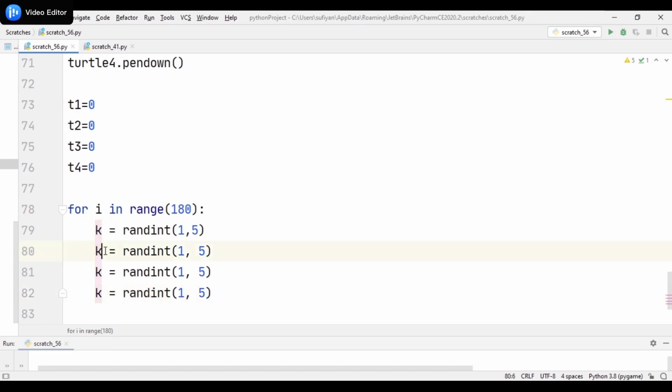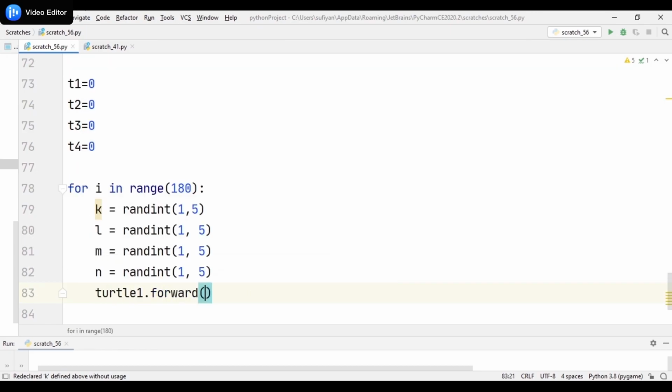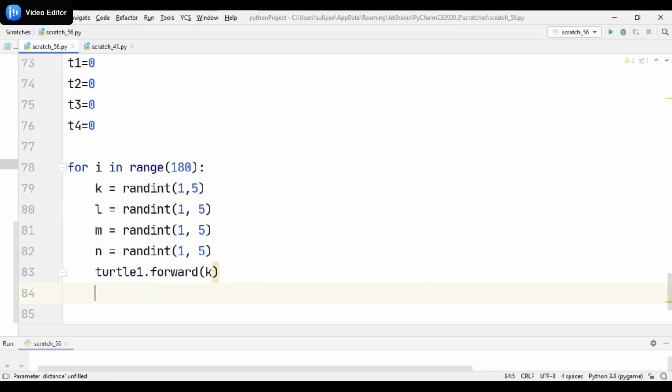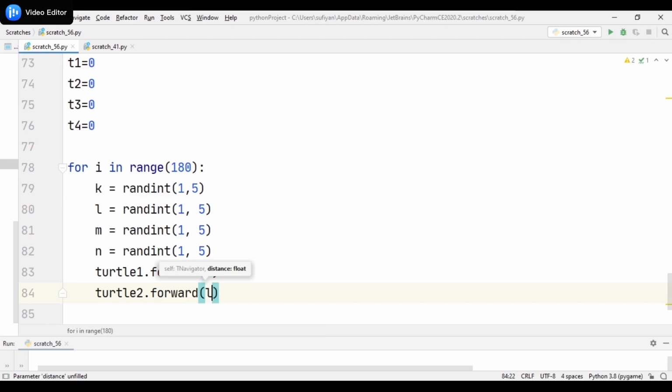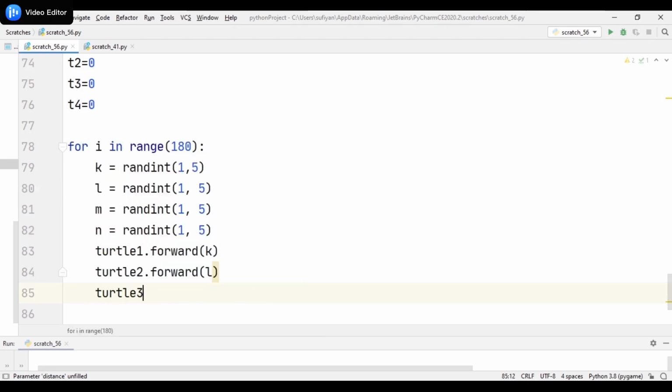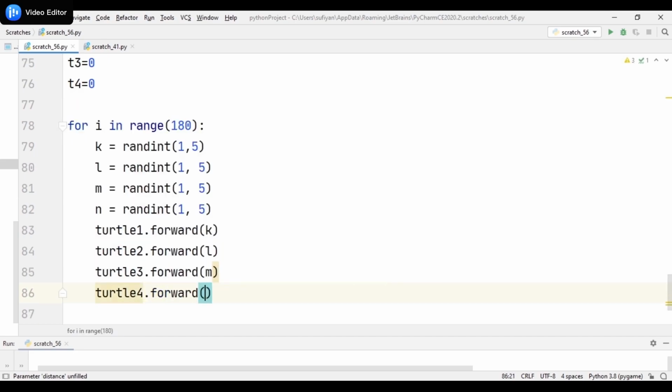I will change the variables to L, M and N. Then turtle1 dot forward means the distance that turtle1 will cover is equal to the value of k. Turtle2 will cover distance equal to the value of L, turtle3 will cover distance equal to the value of M, and turtle4 will cover distance equal to the value of N.